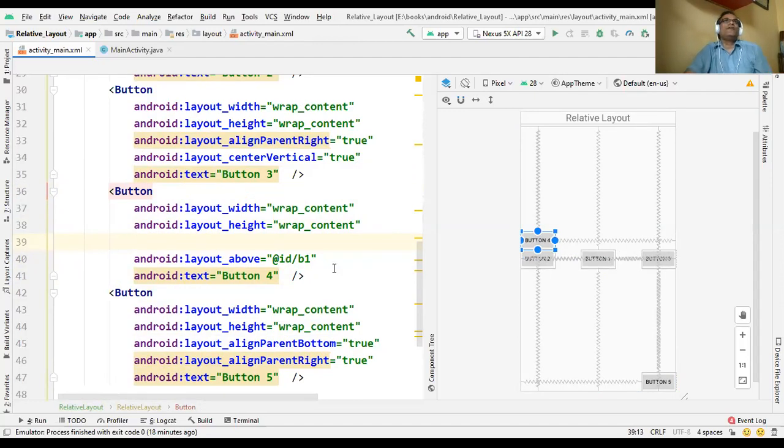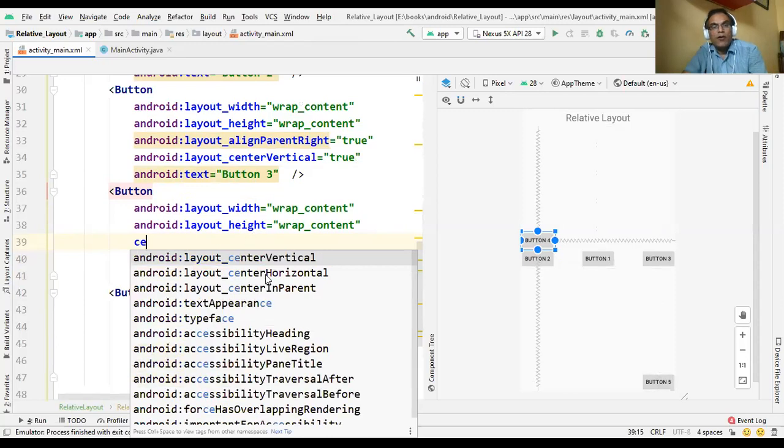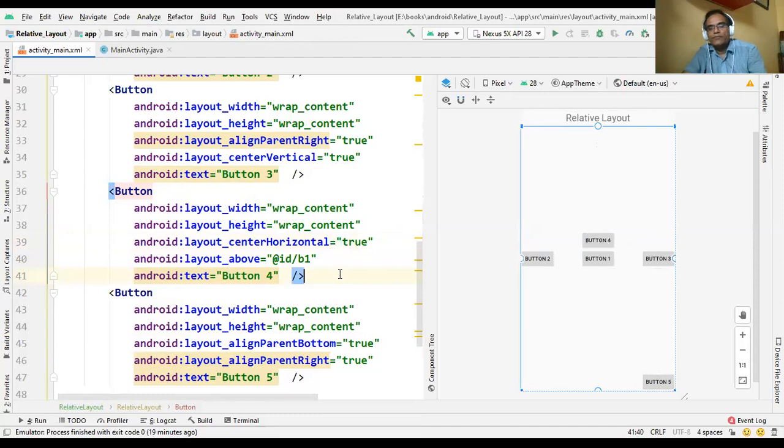By default we know it starts with the left. So button 1 is above, but by default it is at the left side. We want it just above button 1. So what property do we have to use? Center horizontal. True. I hope you understand here.